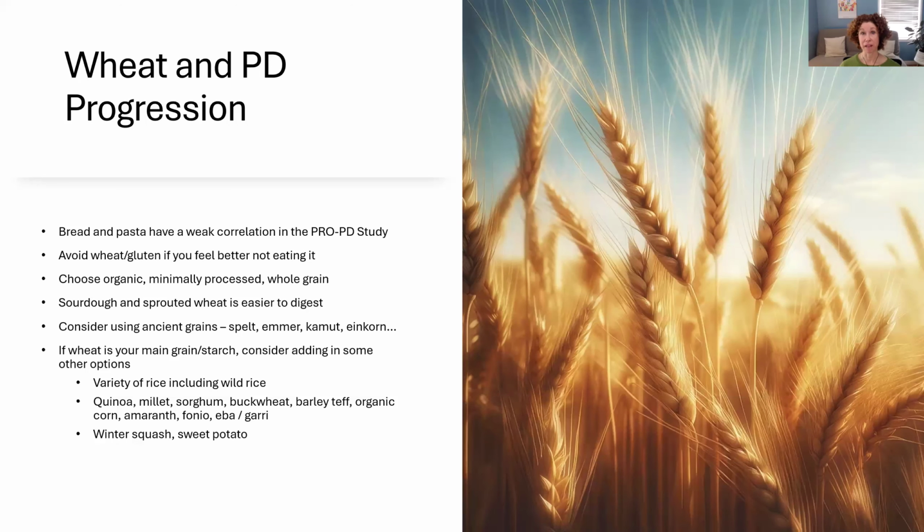I just bought black rice. There's red rice, there's wild rice, right? And wild rice is maybe a little bit different than regular rice, but there's so many different starches to choose from. And I kind of looked around the world at what people are eating, from the Americas, Africa, Asia,